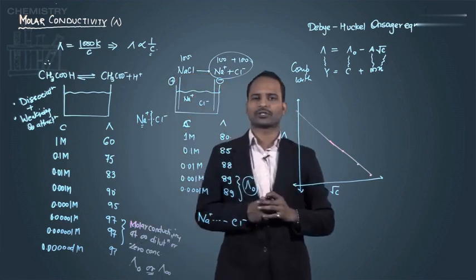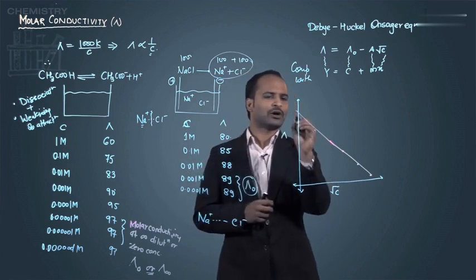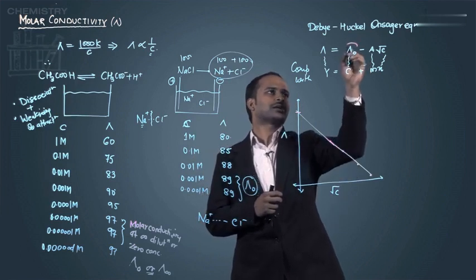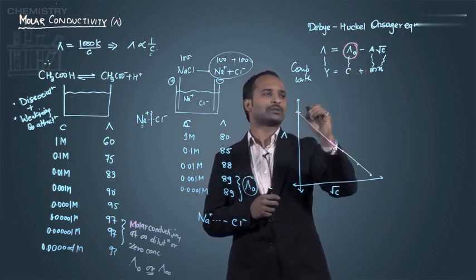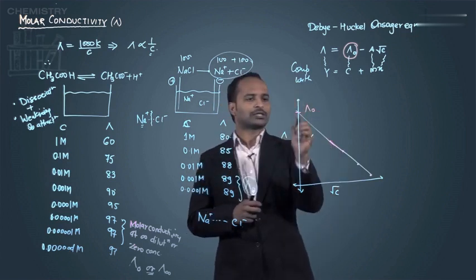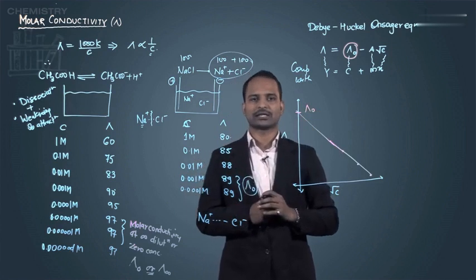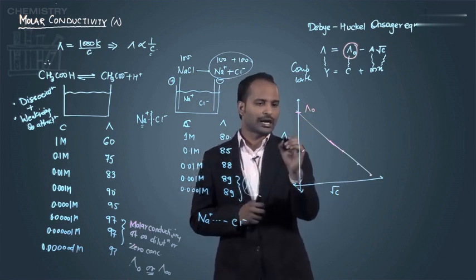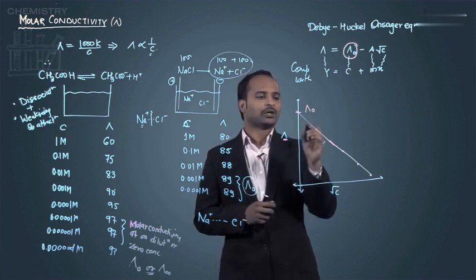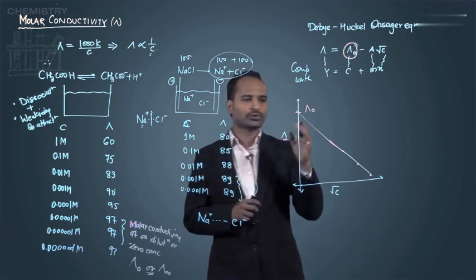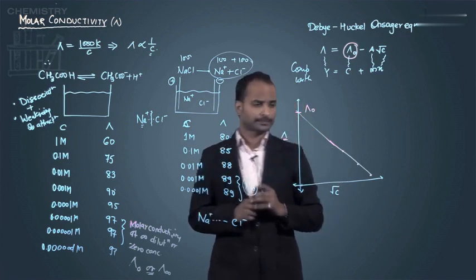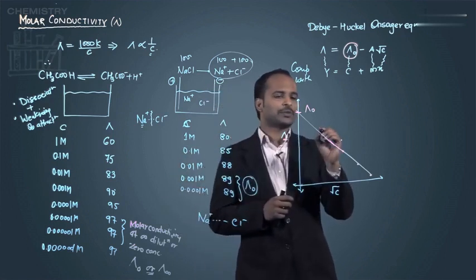I know that the graph is always going to be a straight line, so the graph is extrapolated, and on extrapolating, the graph will cut the y-axis somewhere, and the point where it cuts the y-axis, that is the y-intercept, is nothing but the c value, that is, lambda naught. So the point where the graph cuts the y-axis is nothing but lambda naught, that is, the molar conductivity when the concentration is approximately 0. So to get the molar conductivity at infinite dilution or zero concentration, we generally use this method. But this method is applicable